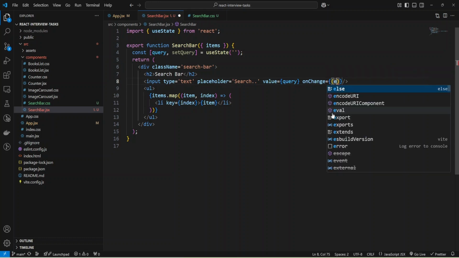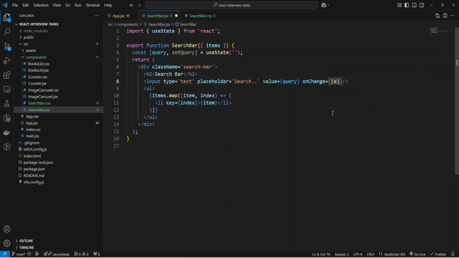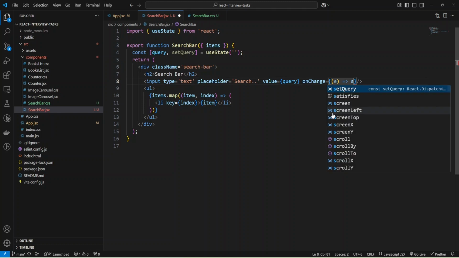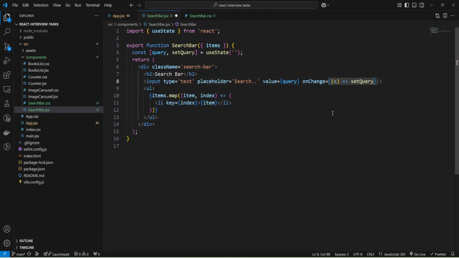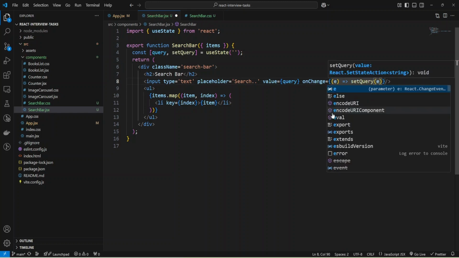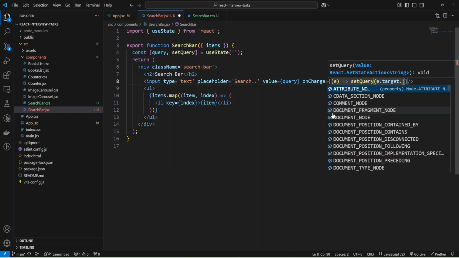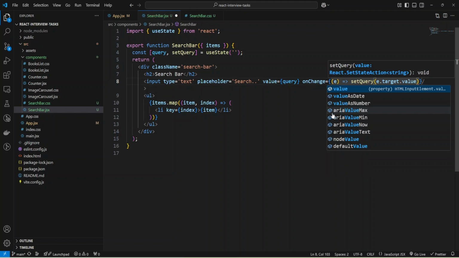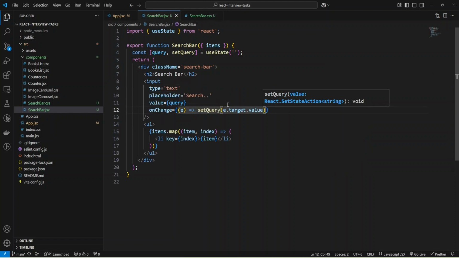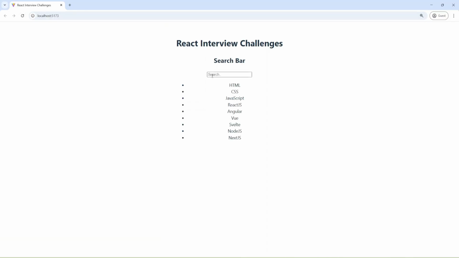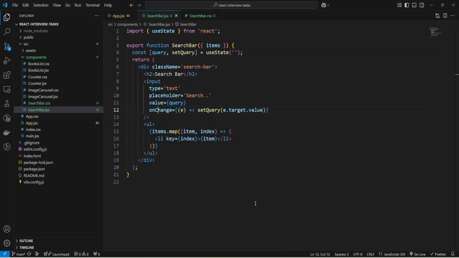And I'm going to use event, and for event I'm going to set query and get the value from event.target.value. Okay, and let's check. And we can provide a value, but we haven't added any functionality to change the items.